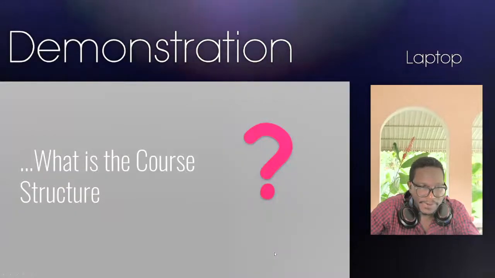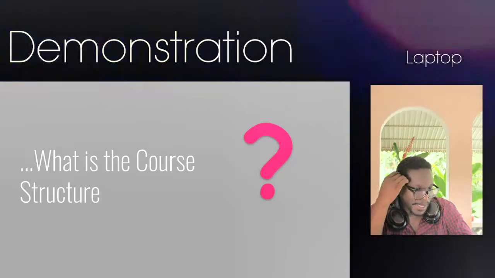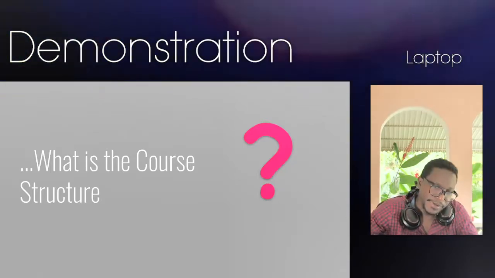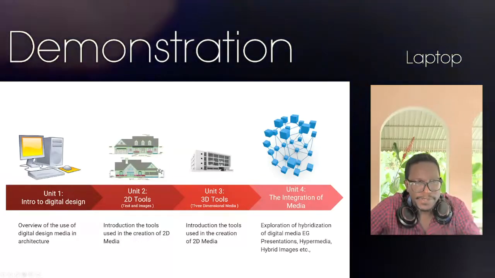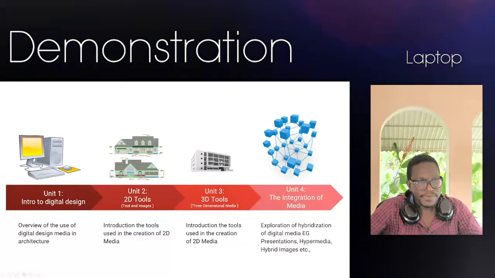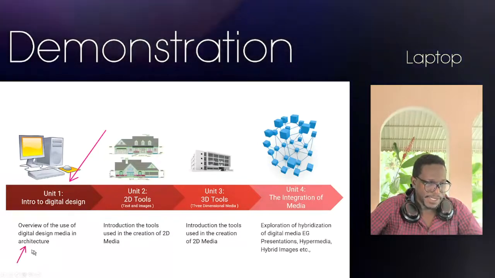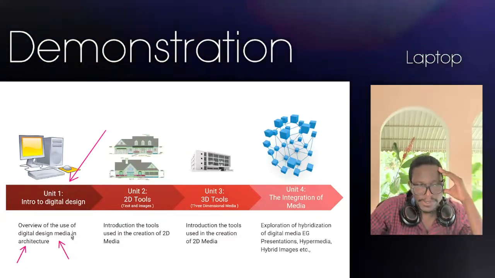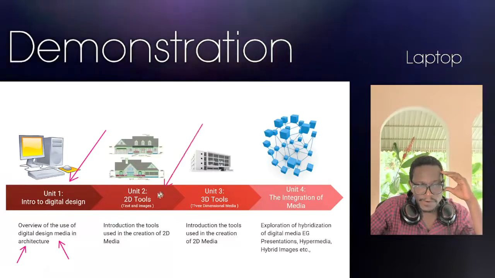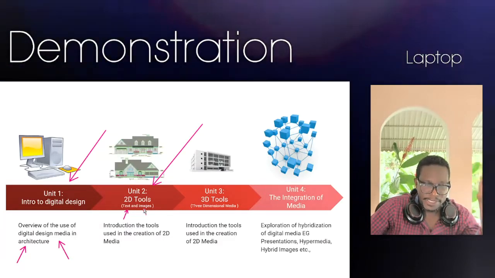All right. Okay, so let's talk a little bit about the course structure, right? What is it that we are going to learn? So overall, the course is going to be divided into 4 units, right? In unit 1, we're going to talk about the use of digital design media. We're actually having this conversation now because we're actually in unit 1. In unit 2, we're going to focus on 2D tools. So we're going to look at things like text and images and how we can use the technology to convey that